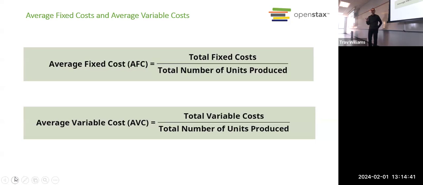Right? And if you're good at thinking algebraically, that means you could also take your fixed cost per unit, multiply it by the number of units, and that would give you your total fixed costs, right? So you could kind of work backwards. Same thing down here. Total variable cost divided by the number of units gives you your variable cost per unit, and you can go the other way. You can multiply your variable cost per unit times the number of units to get your total variable cost, right?